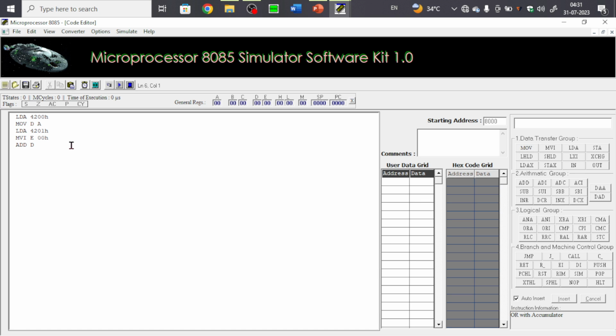Now we will check the carry flag, JNC. Any label you can give. The same thing, jump no carry, skip we will give. So suppose carry occurs, we have to increment the E register. Okay. Now we have to write the label also. Skip, use colon. Then now store the result, STA, the address 42